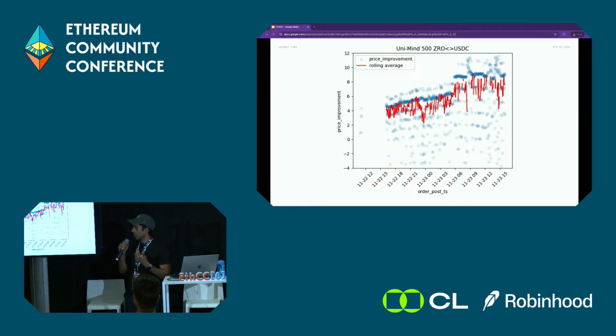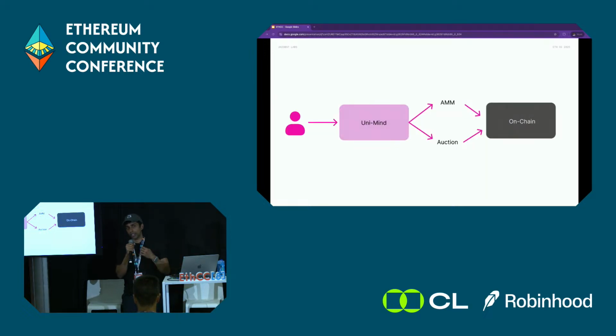But the fact that I'm showing you, right? You measure it, it's there. And what this means is that we can now, in real time, predict what the price improvement of a certain trade is going to be. This is actually super useful because not only have we figured out how to maximize the price improvement for the user, but by being able to predict the expected price improvement,